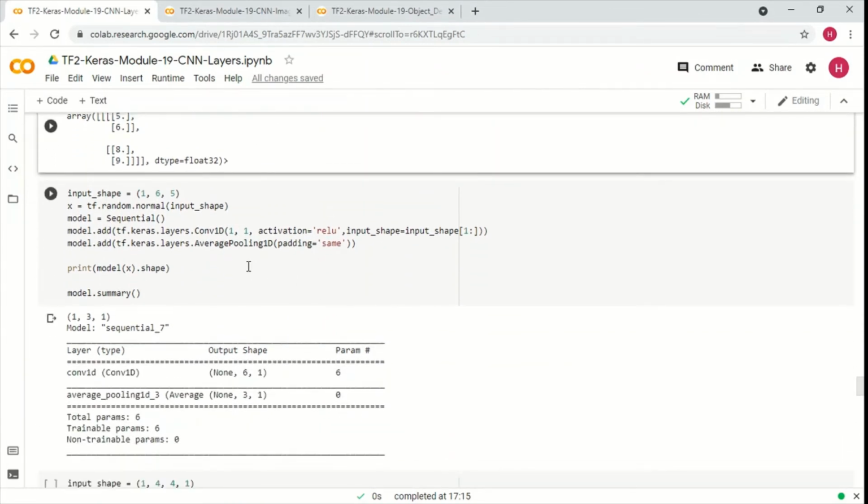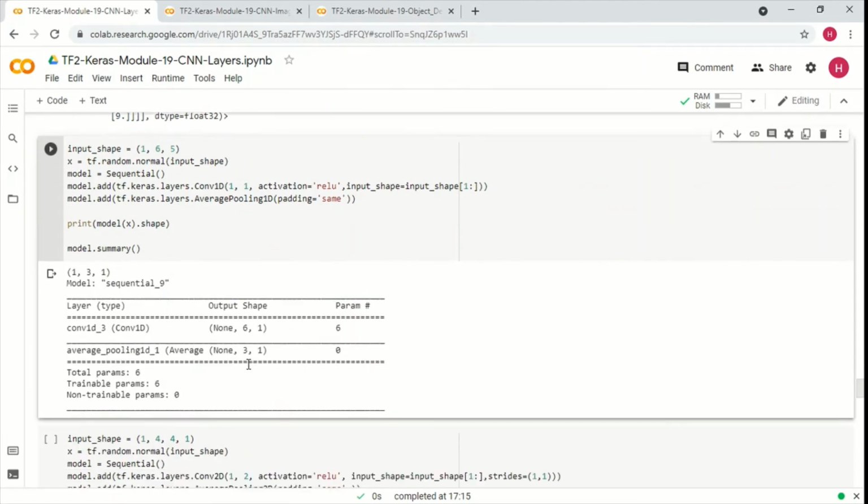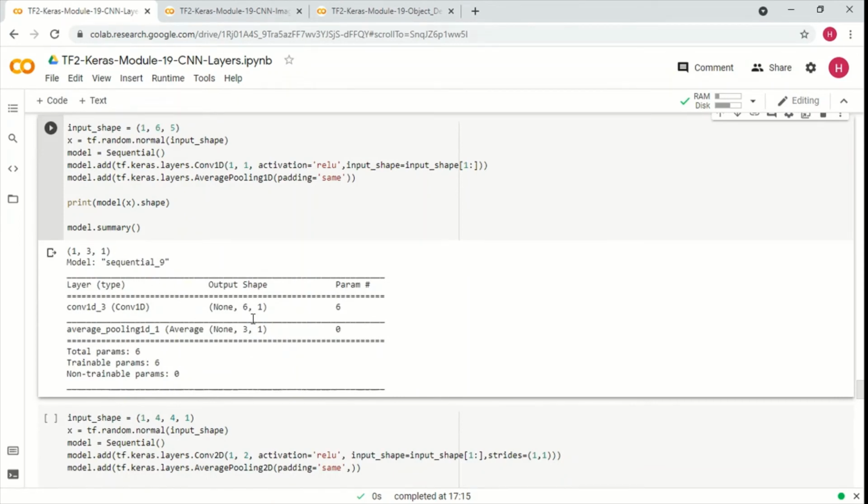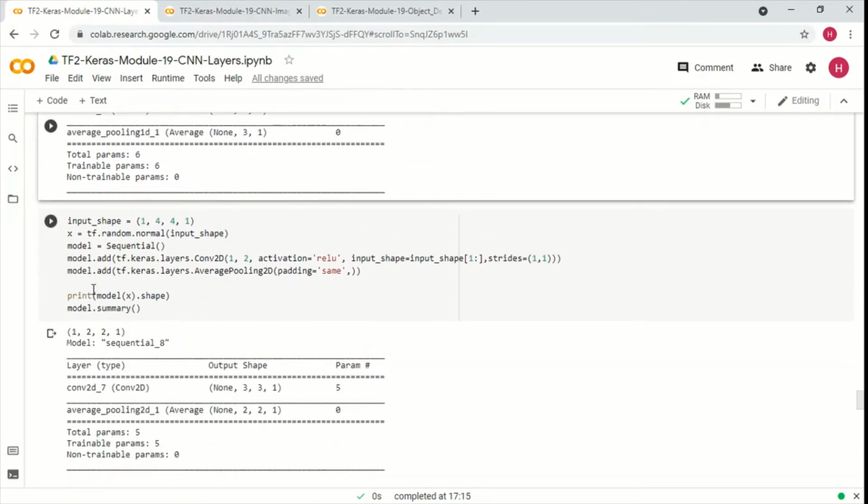Okay, now here we are just trying to see how we can combine these two, convolutional 1D and average pooling 1D, and we'll try to see how the model summary looks like here. Now if you see the model summary, this was a shape like 6 by 5, which got reduced to 6 by 1 because we had one filter, and then since we applied the average pooling here, the volume got kind of 50% reduced in this particular case. Okay, so that is how it works in essence.